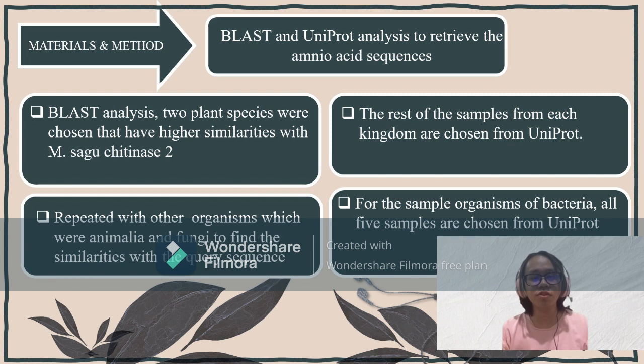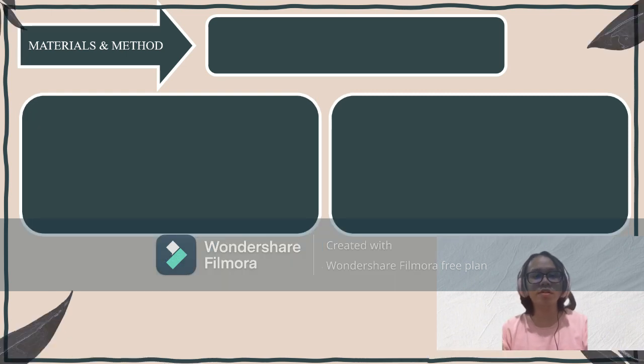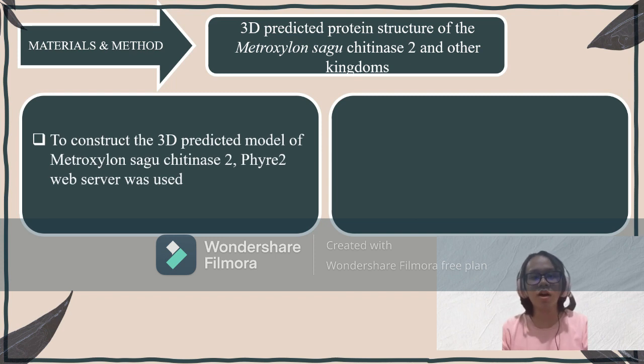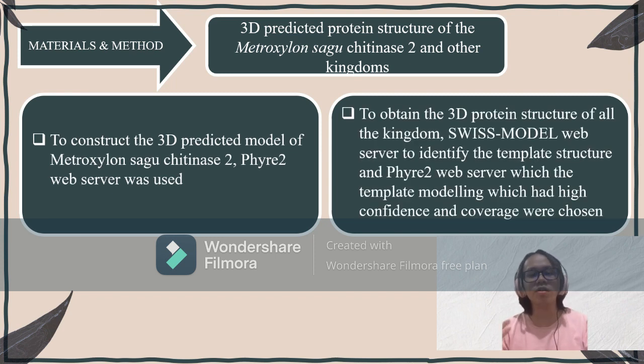The rest of the samples from each kingdom were chosen from the UniProt database. For the kingdom bacteria, all 5 samples were chosen from the UniProt database. For the 3D predicted protein structure of M.sagu kinase 2 and other kingdoms, the FIRE2 web server and Swiss model web server were used. For the FIRE2, the template model or model homology which had high confidence and high coverage were